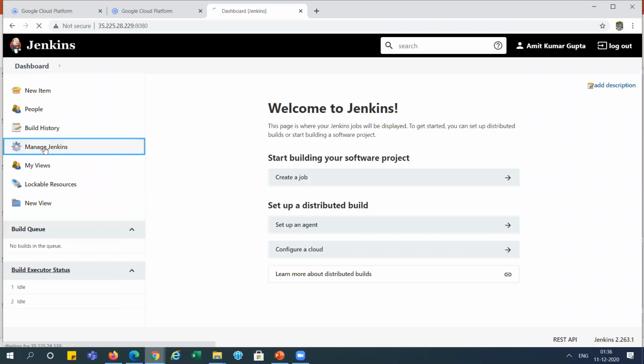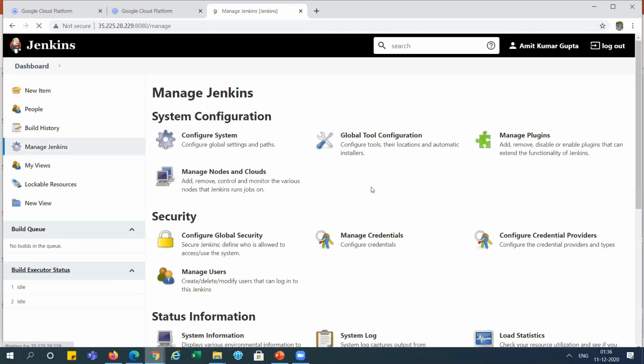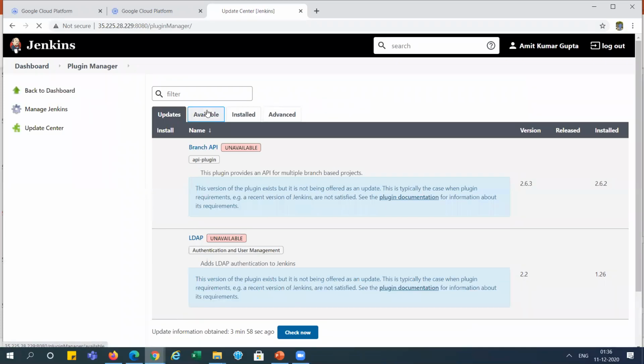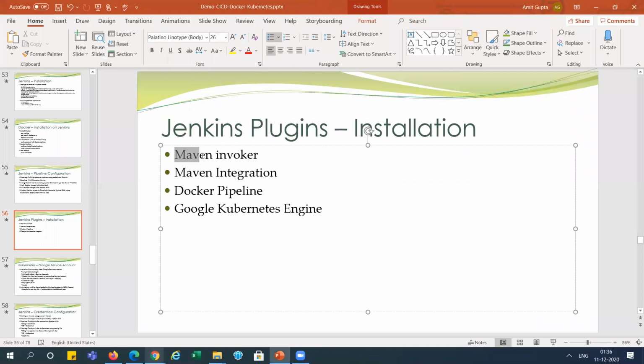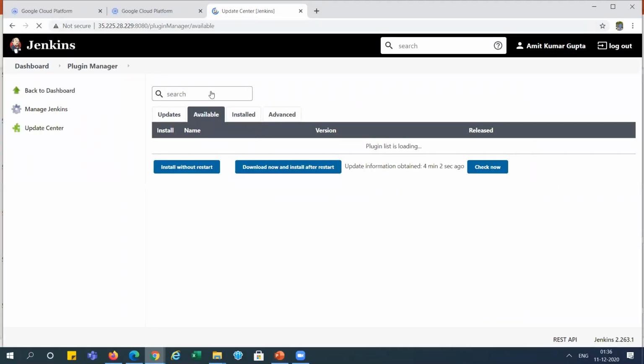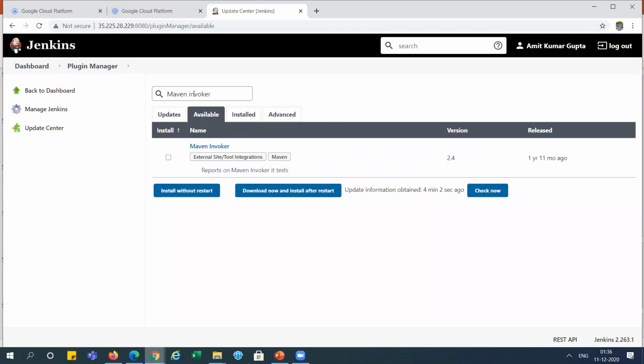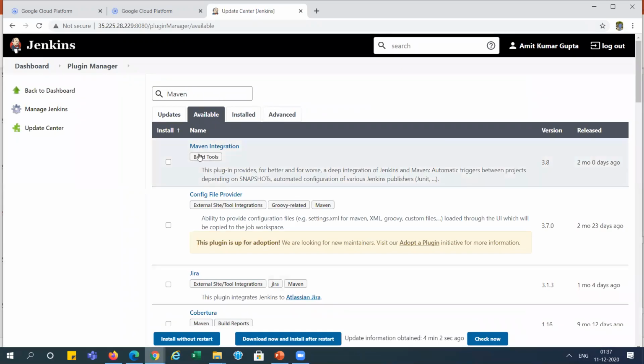Now we will go to Manage Jenkins, Manage Plugins, Available plugins. We will install Maven integration, right?